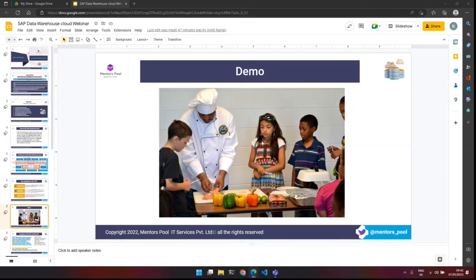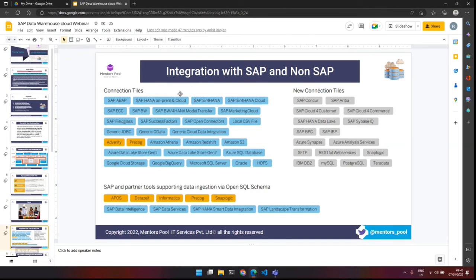And at the end of the overall session, we build a complete end-to-end project where we cover all the capabilities of Data Warehouse Cloud and build an overall milestone project. That will give you a real-world experience of using Data Warehouse Cloud as an entire tool in itself, right? So that is how a typical training session will look like. So now moving on to,